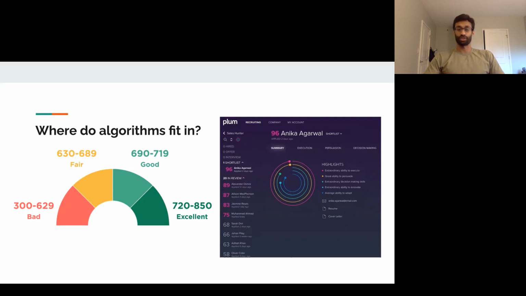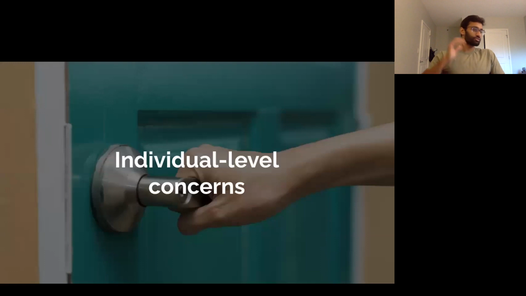So let's say you want a job at a call center. If they're all using the same resume screener, or they're all using the same hiring assessment, then you don't have an independent chance of getting hired at each one. Actually, if you get rejected from one of them, you're likely to also get rejected from the rest of them. And so this creates some individual level concerns, right? As an individual, if this algorithm makes a mistake on me in some way, maybe it misreads my resume, is that going to follow me around from employer to employer?